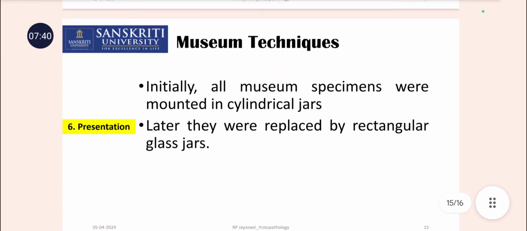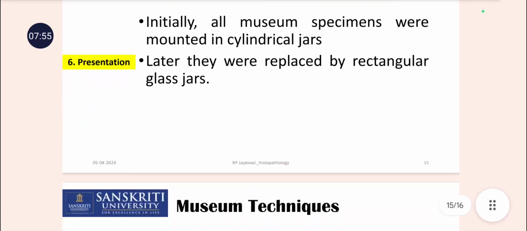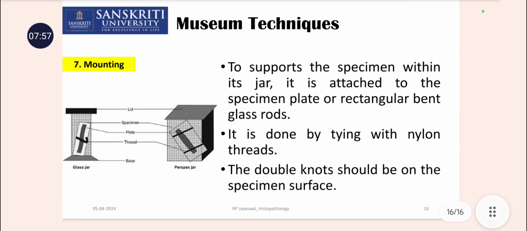Now presentation. After doing the Kaiserling first, second, and third treatments, presentation is important. Initially all museum specimens were mounted in cylindrical jars. Later they were replaced by rectangular glass jars. Now mounting, this is the last step. To support the museum specimen within its jar, it is attached to a specimen plate or rectangular bent glass rods, by tying with nylon threads, and a double knot should be made on the specimen surface so that it will be immersed in the